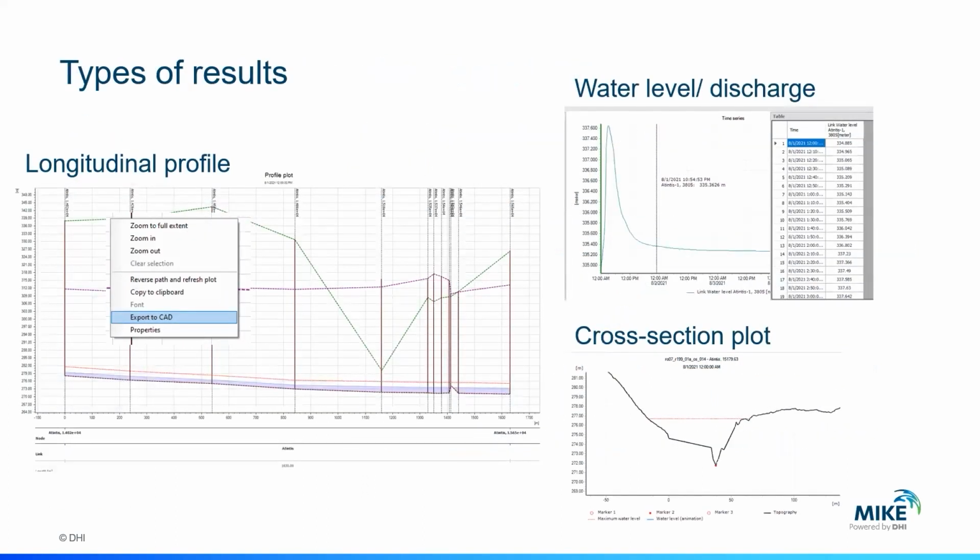The result interpretation process is basically one of the key components in hydraulic modeling. So this is why Mike Plus offers various types of results, which can be viewed under different types of formats. So Mike Plus offers the possibility to have results displayed as visual maps or different types of graphs, as we